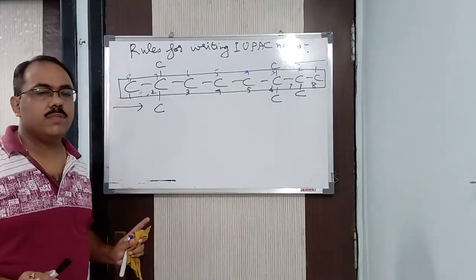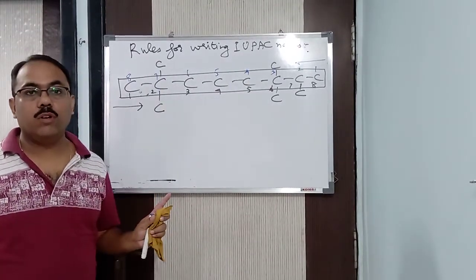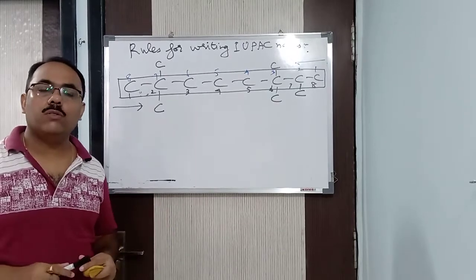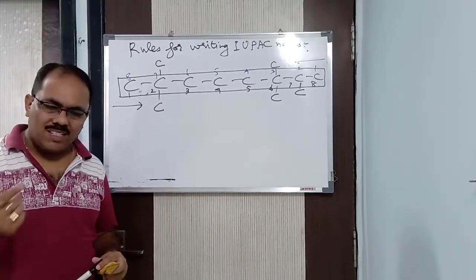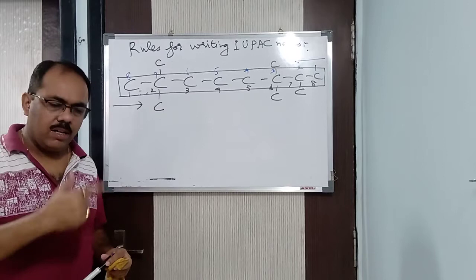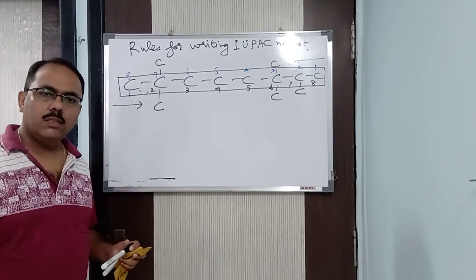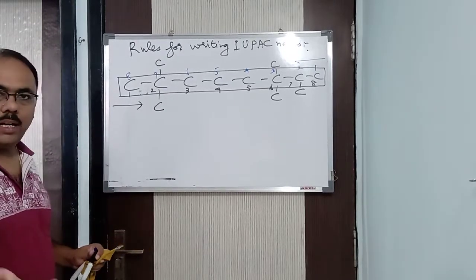For that purpose I am saying, I don't follow the lowest sum of locant rule, I always follow the first point of difference rule, because it becomes easier for me. Why should I add up the locants? I will just compare the locants one by one. Finished, done. Job is over. Why add it again?